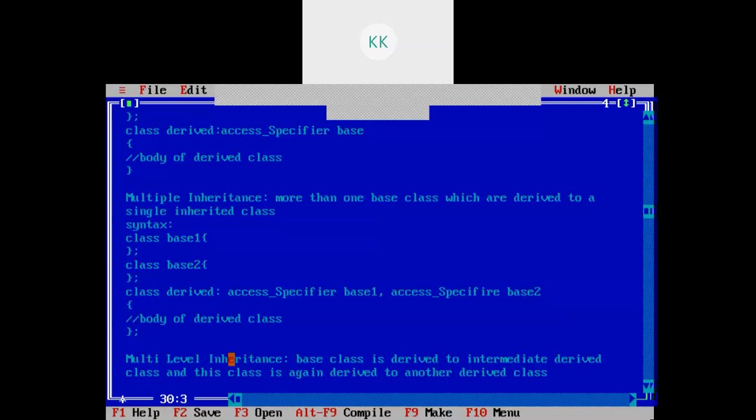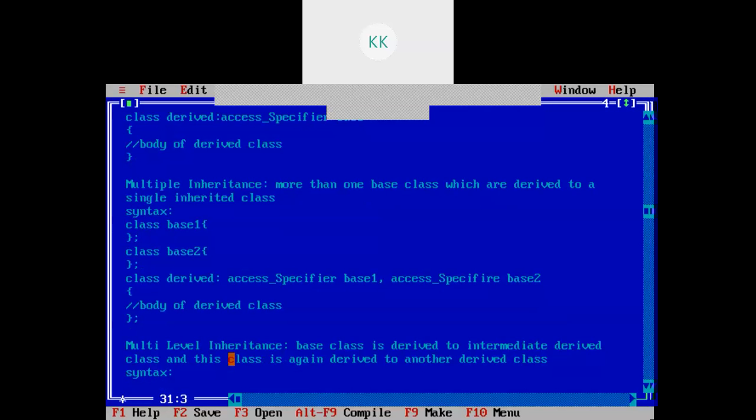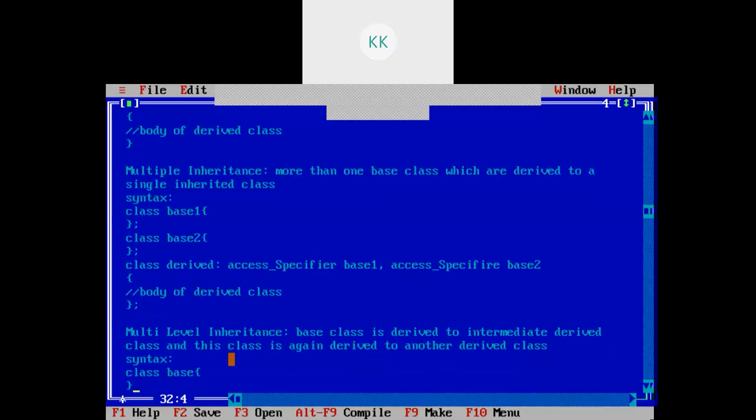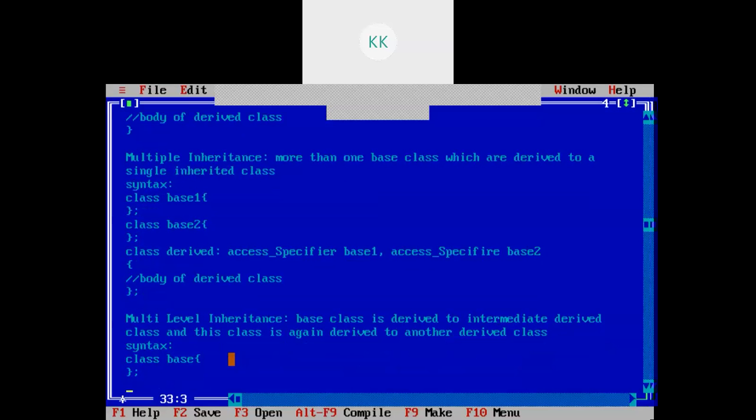So for this the syntax will be: class base, this is your first base class, then this class will be derived to an intermediate derived class.